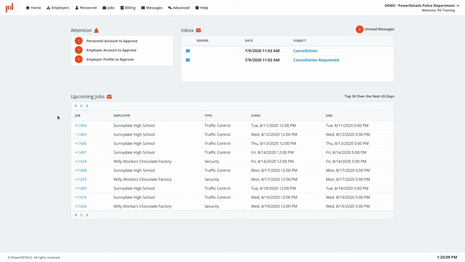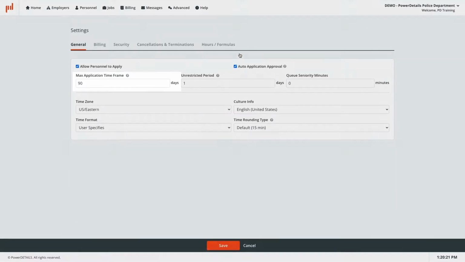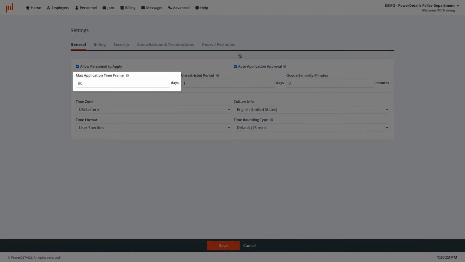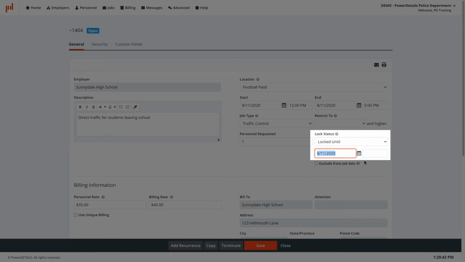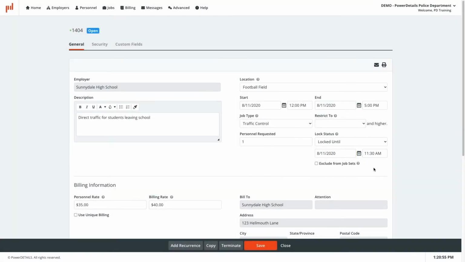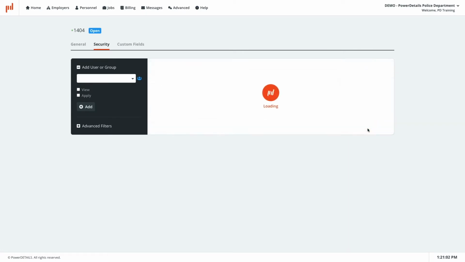Job sets specify when personnel can apply for jobs happening within a specific time frame. This feature allows administrators to indicate when a range of jobs open rather than it being dictated solely by a rolling time frame in your site settings or choosing to indicate when individual jobs unlock. Note that eligibility requirements dictated by your rules and job security settings will always stay in place, even when using